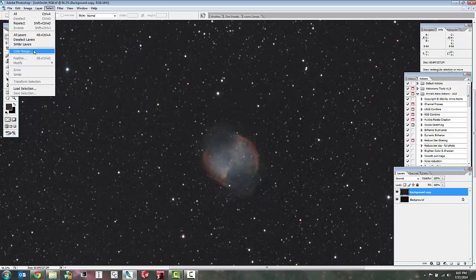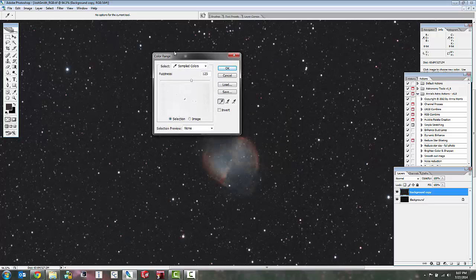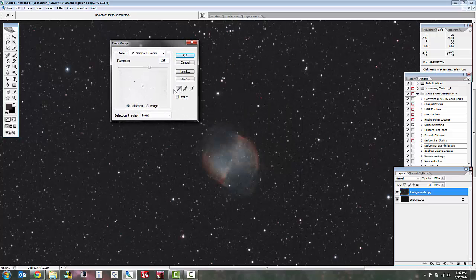of color range. When you go to a color range, you can see what it's going to do is it's going to pick things based on how bright they are. Typically, if you click on this left-hand dropper, you can click on a star towards the center of it, and you can drag this fuzziness slider back and forth. If I drag it all the way to the left, it's not going to pick any of these stars, and if I drag it all the way to the right, it's going to pick a good bit of them, but